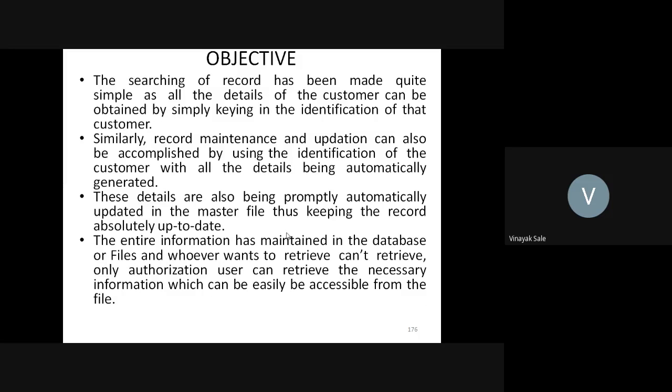So the searching of a record has been made quite simple, as the details of the customer can be obtained by simply keying in the identification of the customer. Similarly, record maintenance and updating can also be accomplished by using the identification of the customer, with all the details being automatically generated. These details are also promptly updated in the master file, thus keeping the record absolutely up